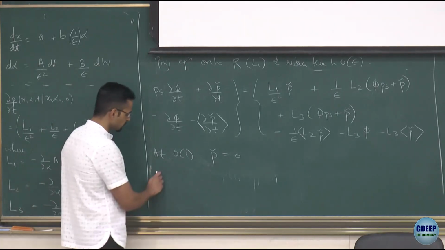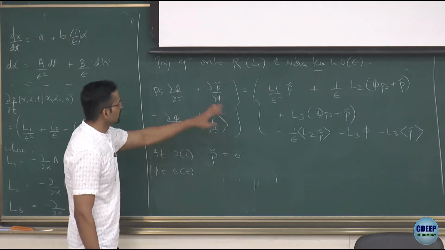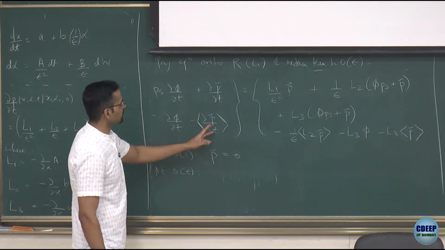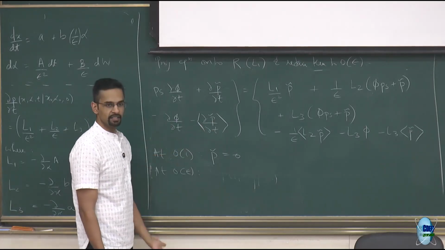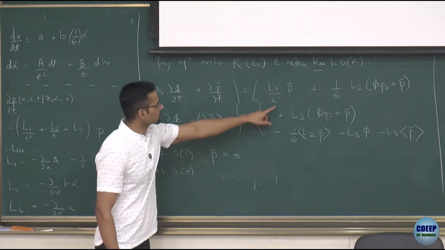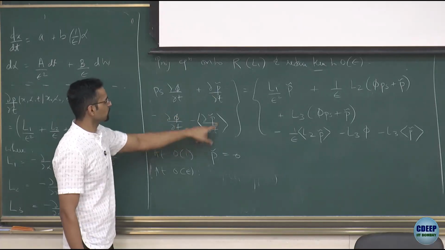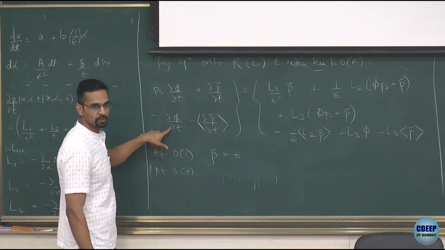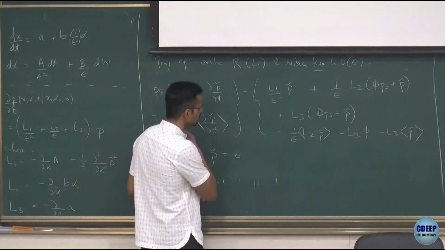So if I want the terms at order epsilon, what I should do is keep epsilon terms, but wherever I see P tilde, put it to 0. Otherwise, it will become epsilon square because P tilde is at minimum of order epsilon. So when I multiply throughout, I'll get epsilon square here. All these terms will be at least epsilon cube, so they will drop out. These two will be epsilon square. So at order epsilon, I'll get nothing on the LHS.